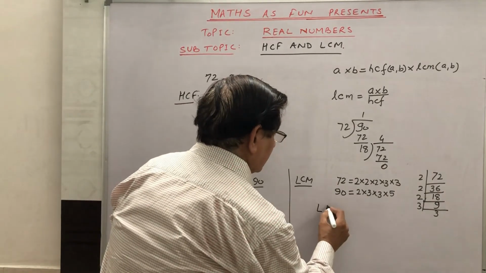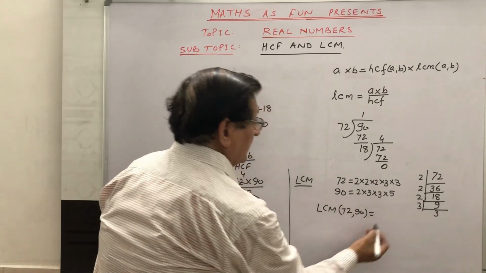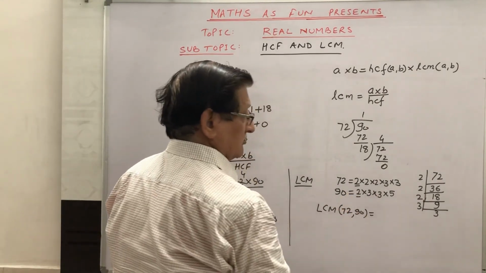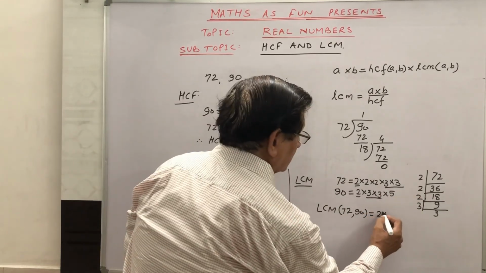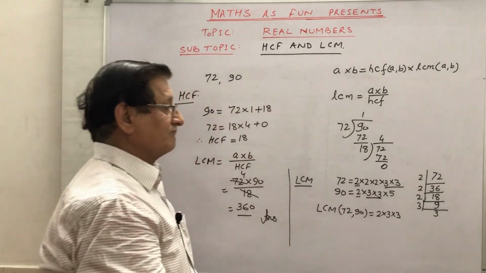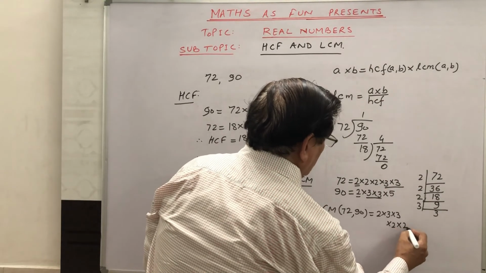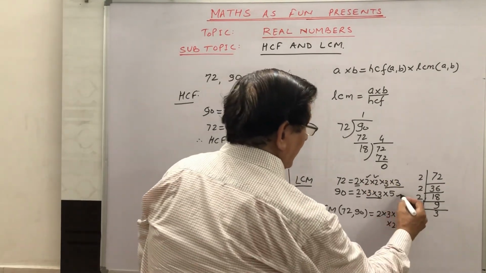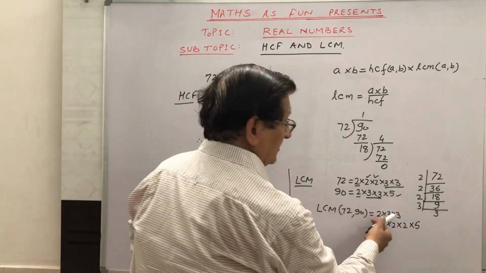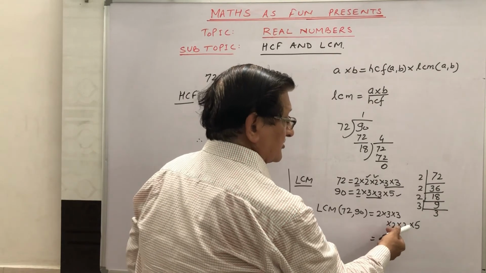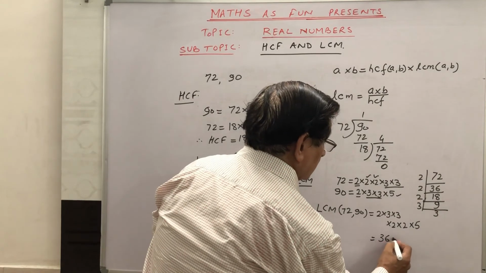Now what is the LCM, as I told you? For the LCM of 72 and 90 by factorization, 2 is common to both, and both the 3's are common to both. So we can write first 2 into 3 into 3. Then what is not common? There are two 2's here and one 5 here, into 5. Let's see what number comes here. 2 threes are 6, 3 sixes are 18, 2 eighteens are 36, 2 thirty-sixes are 72, and 72 fives are 360.